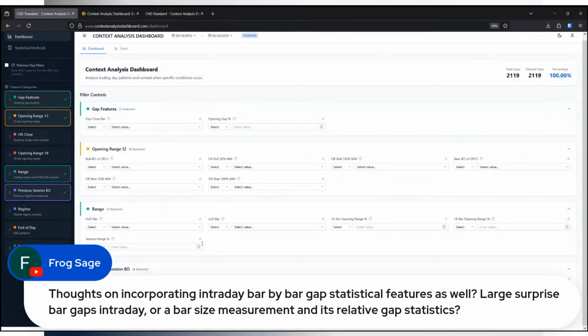The pro version deals with multi occurrence features, and it has a whole separate UI. There are two tabs here: your single event tab and your multi event tab. The multi event tab is for the things you're referring to, like how many bar closes, how many strong bar closes occurred within the first 5 bars. You can define the bar close using IBS, right? So you can say how many bars with an IBS of greater than 70 occurred, or you can filter for days rather that had